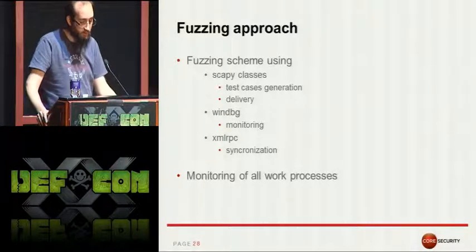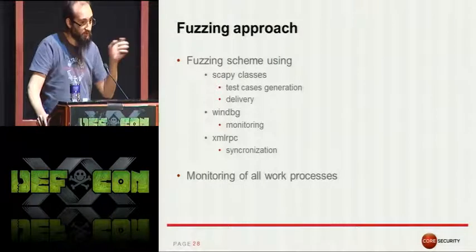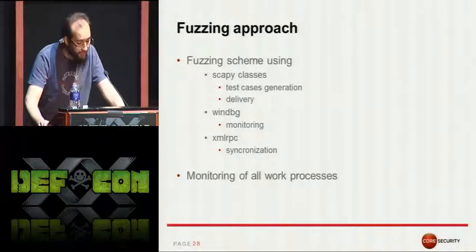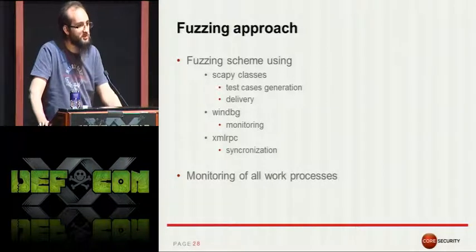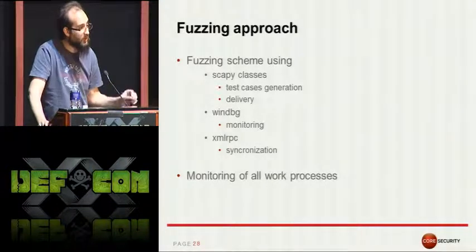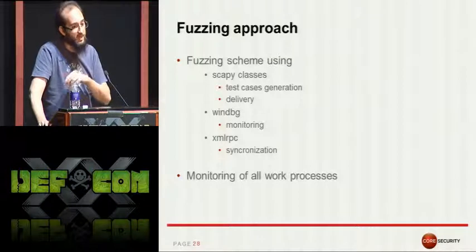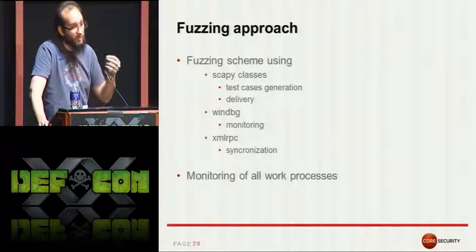I use WinDBG for monitoring of the target, and I use XML or RFC for synchronization between the different components. And the only thing you have to take into account if you are fuzzing an application server is that you have to monitor all the work processes at the same time,